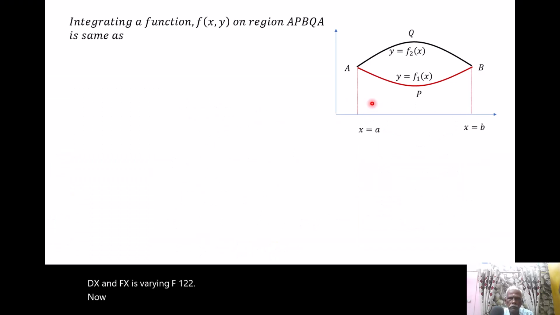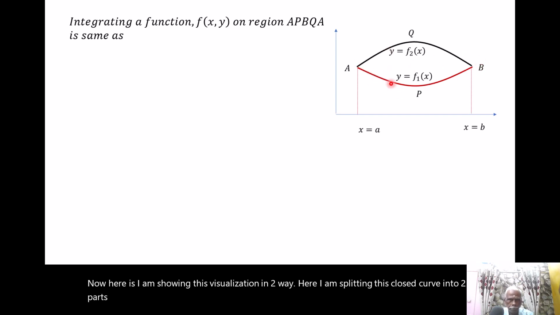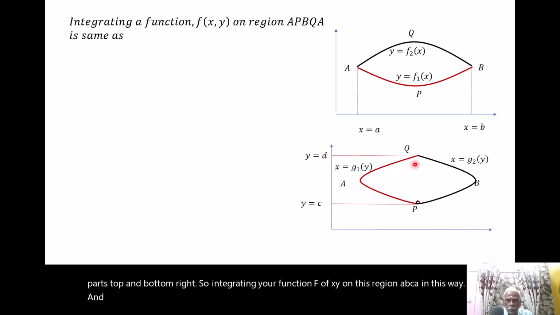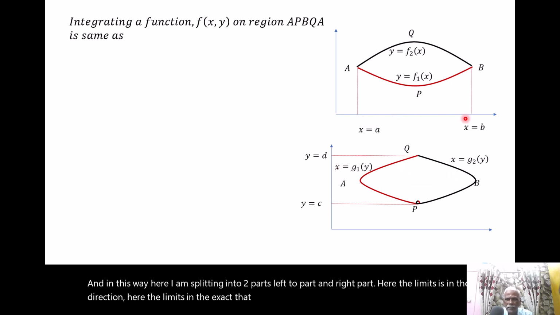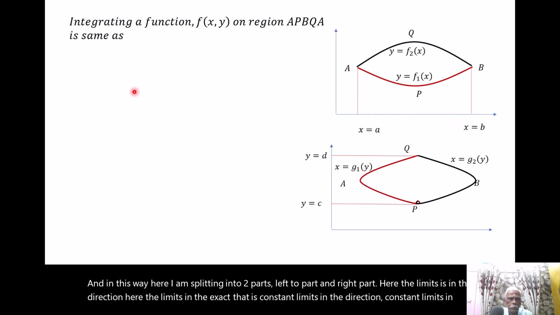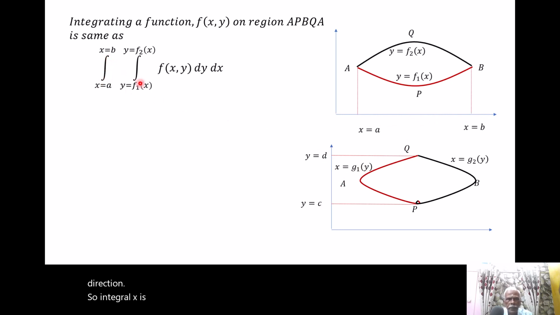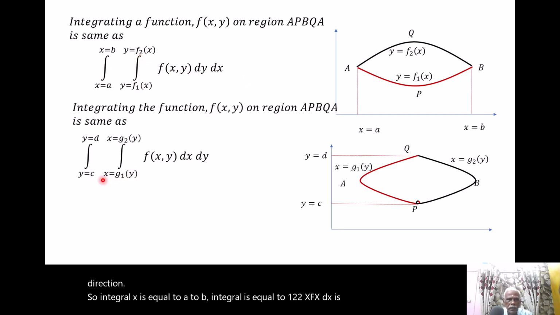Now here, I am showing this visualization in two ways. Here I am splitting this closed curve into two parts, top and bottom, right? So integrating a function f of x, y on this region APBQA in this way and in this way. Here I am splitting into two parts, left part and right part. Here the limits are in the y direction, here the limits are in the x direction. That is, constant limits in the x direction, constant limits in the y direction. So integral x is equal to a to b, integral y is equal to f1(x) to f2(x), f of x, y